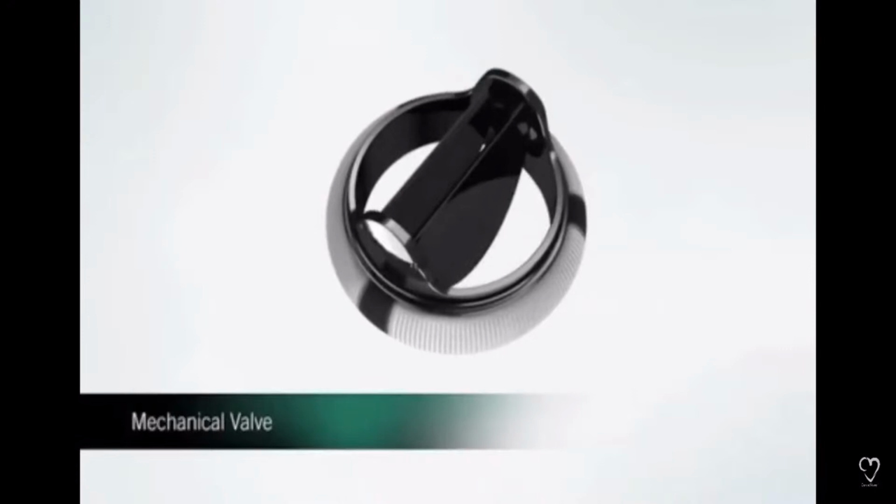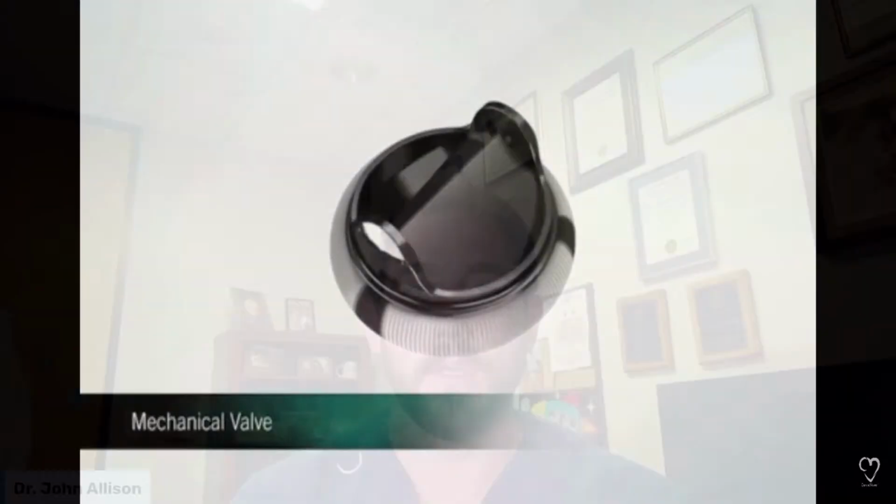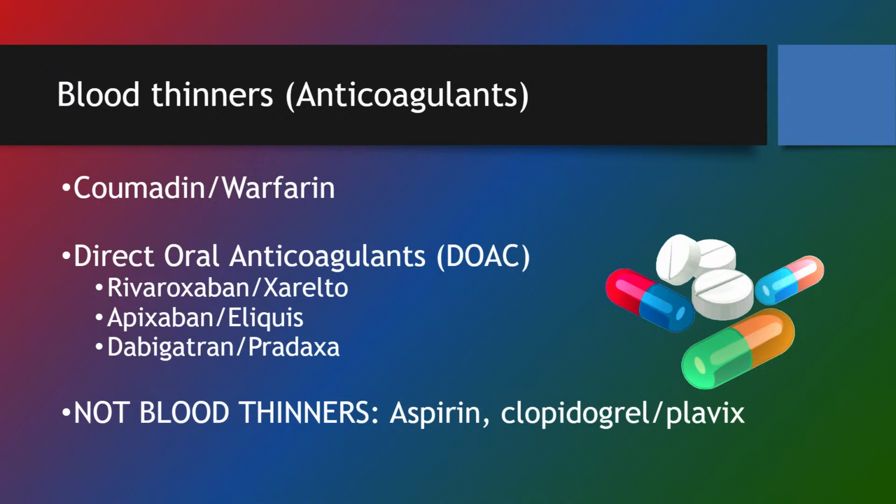Additionally, it's also the only choice of blood thinner if you have a mechanical heart valve. The more common blood thinners that we use are direct oral anticoagulants, or DOACs, and there's essentially 3 that are widely used in the United States. There's apixaban or Eliquis, Xarelto or rivaroxaban, or dabigatran or Pradaxa. These medicines are preferred because they're easy to take,